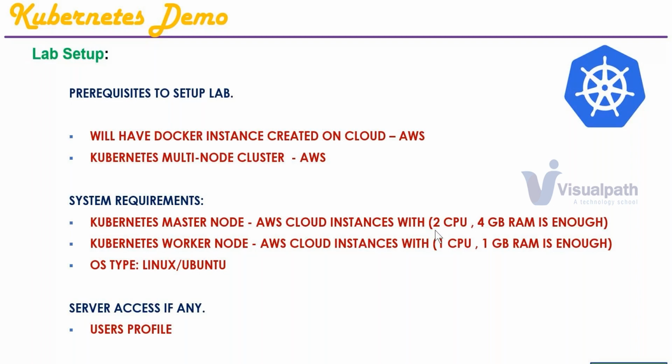So that is the beauty of AWS, and that is why I prefer it as the easiest way to learn both Docker and Kubernetes. And nowadays everybody is moving towards cloud. So why not utilize our time, money, everything on cloud? That is the reason I'm not going to create a virtual lab and then give you access. We'll be directly exposed to cloud because the whole world is moving to cloud. Why should we move backward? We should also move forward. So that is the end goal. We'll be using it.